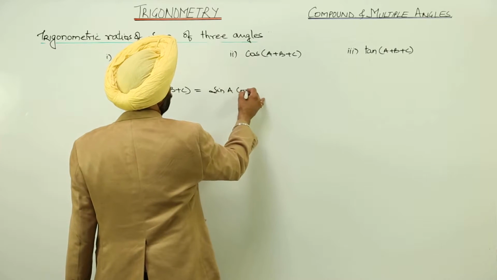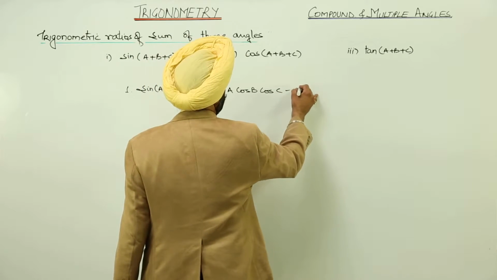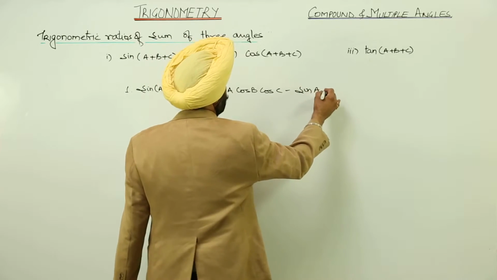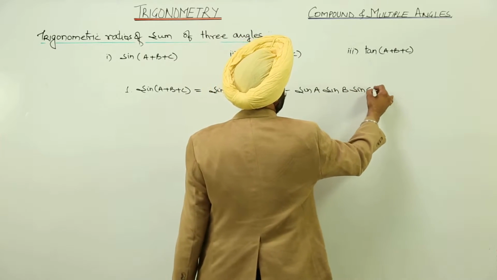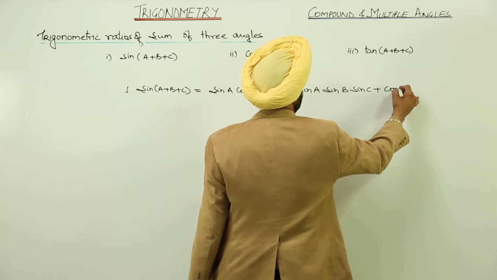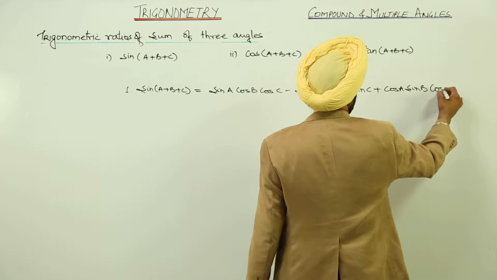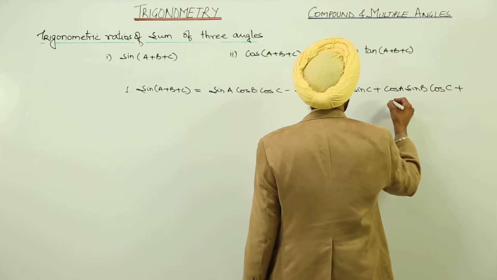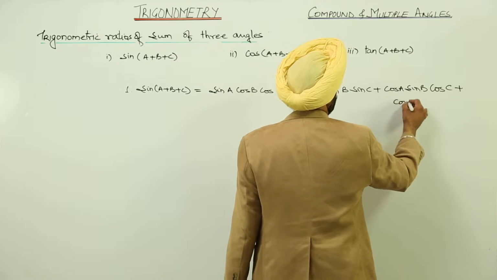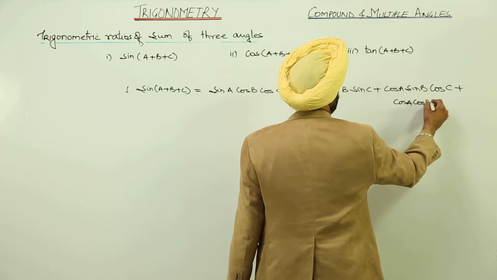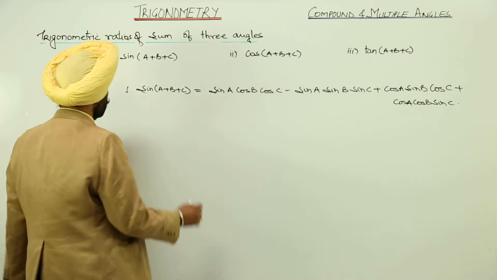sin A cos B cos C minus sin A sin B sin C plus cos A sin B cos C plus cos A cos B sin C. Okay. Number 2,